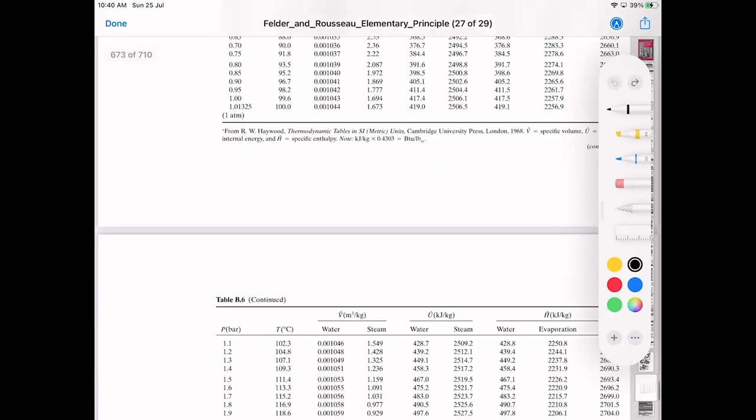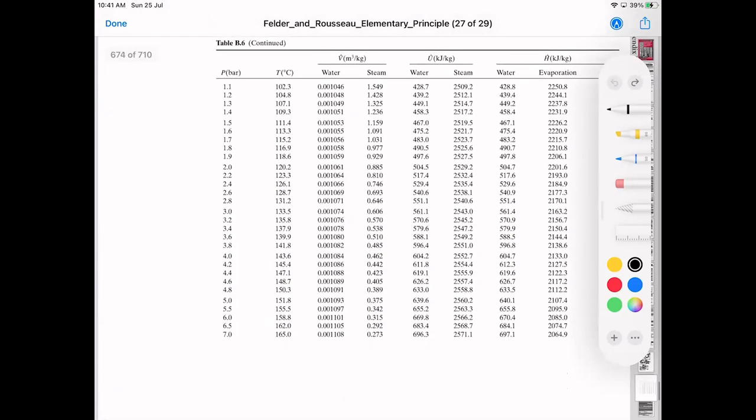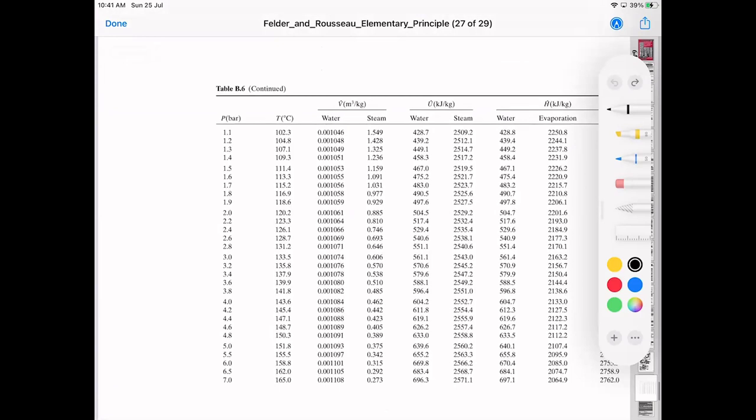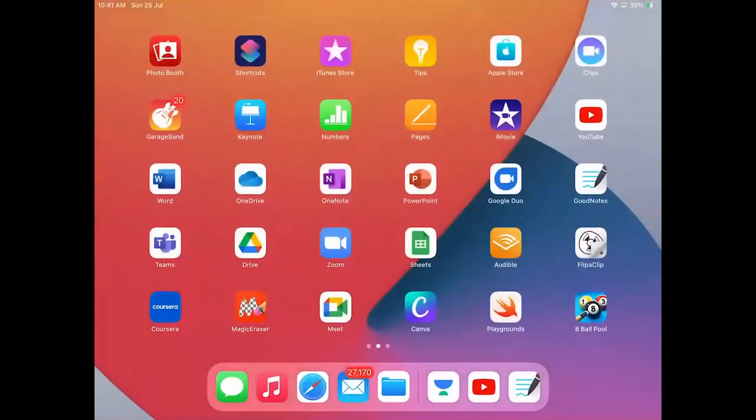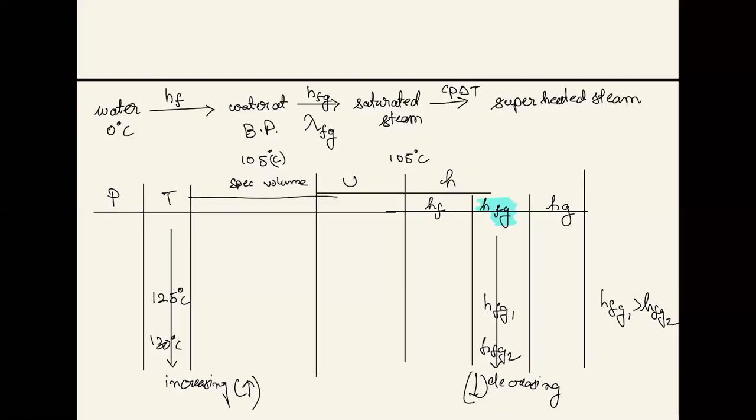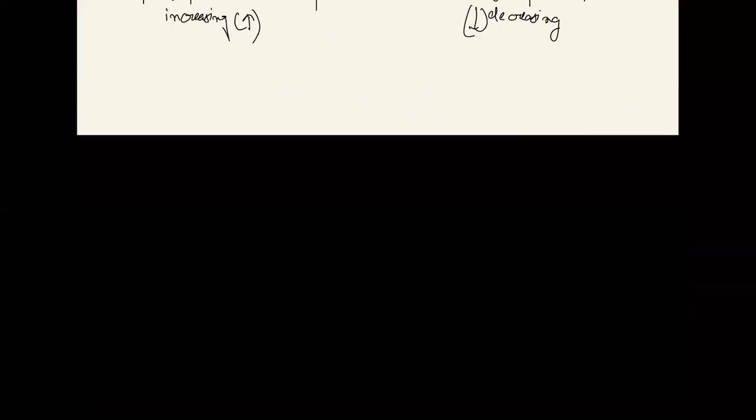We can further go ahead and see it. Even in this particular case, we'll be using this table, where pressure is varied, and we know the pressure of the steam, and then we find out its temperature and the H lambda value. We'll be doing that exercise today anyways. All right, moving forward. So this was all about the steam economy and the capacity.